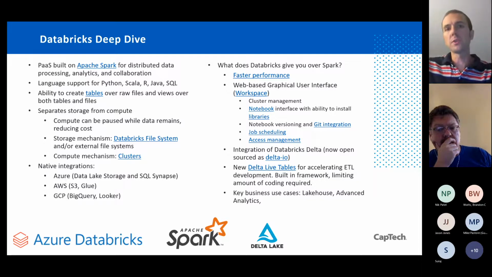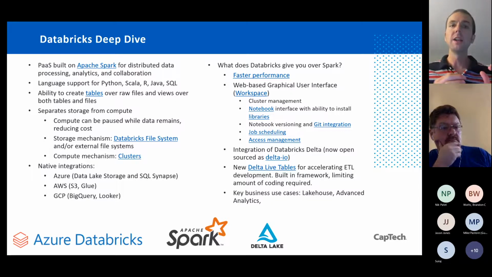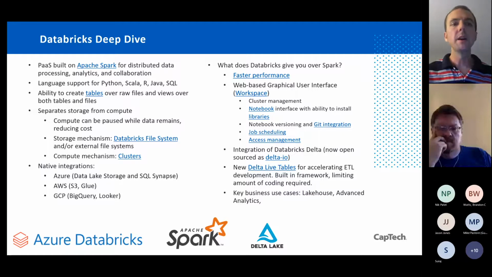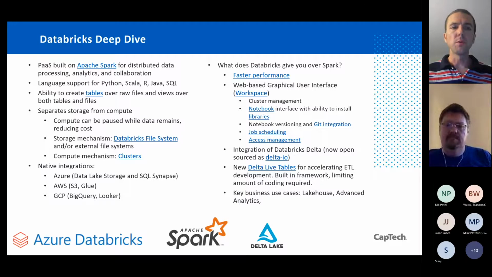And Databricks stores those in what's called the Hive metastore, where it keeps track of what you have structured for your entities so that they're queryable when a cluster is running. It also has a built-in DBFS file system where you can also store information, and it does a lot of processing in memory as well. So it's just important to note there's a little bit of separation there. The schema is maintained in the Parquet file. The objects are maintained in the DBFS system. So again, we're talking about separating storage from compute, where the data remains and the cost is reduced.